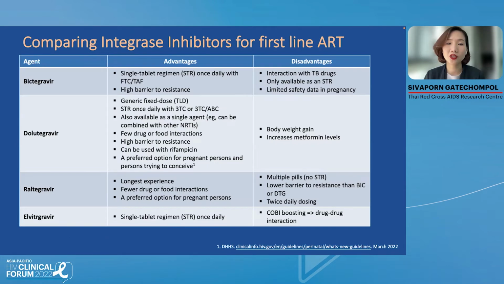For comparing integrase inhibitors for first-line ART, this table shows the advantages and disadvantages of each integrase inhibitor. For bictegravir, the advantage is the combination in a single tablet regimen, once daily with FTC and TAF, and bictegravir also has a high barrier to resistance. But the disadvantage is the interaction with TB drugs, which means we cannot use it with a patient who has rifampicin treatment for TB,